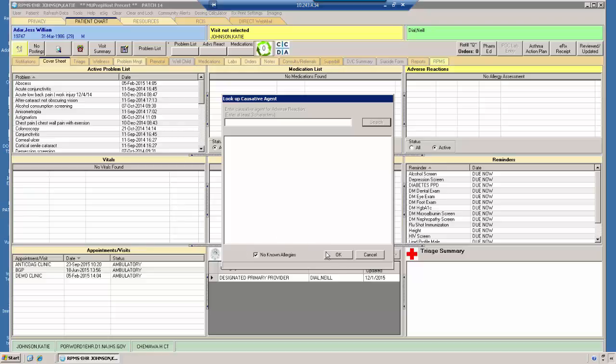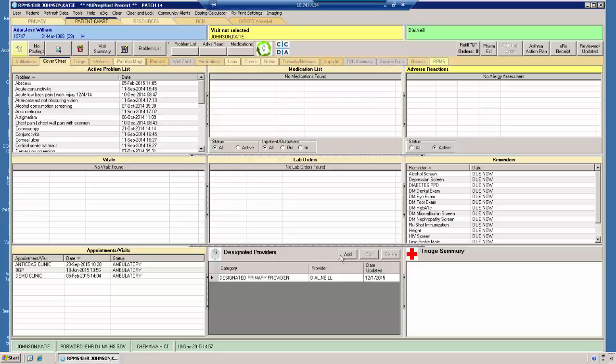So that is a common question. How do I enter no known allergies? First of all, you have to have a patient that truly has no allergies documented. Secondly, you still go to enter new reaction, and then you find your no known allergies box. Mark OK. And now we see it says no known allergies here for this patient, where previously it said no